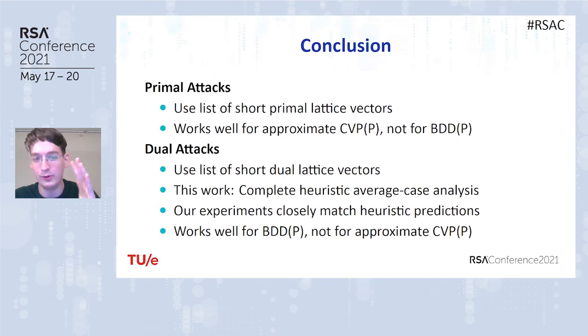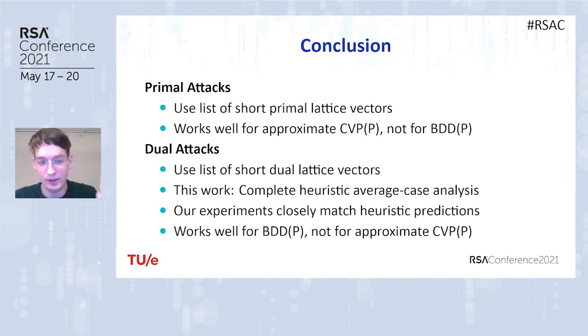This works well for solving approximate CVP and CVP, but not for bounded distance decoding problems. While the dual attack uses a list of short dual lattice vectors, either to distinguish using the sum of cosine values, or to actually find a solution using this gradient descent approach. And this works well for bounded distance decoding with preprocessing, but not for approximate CVP,